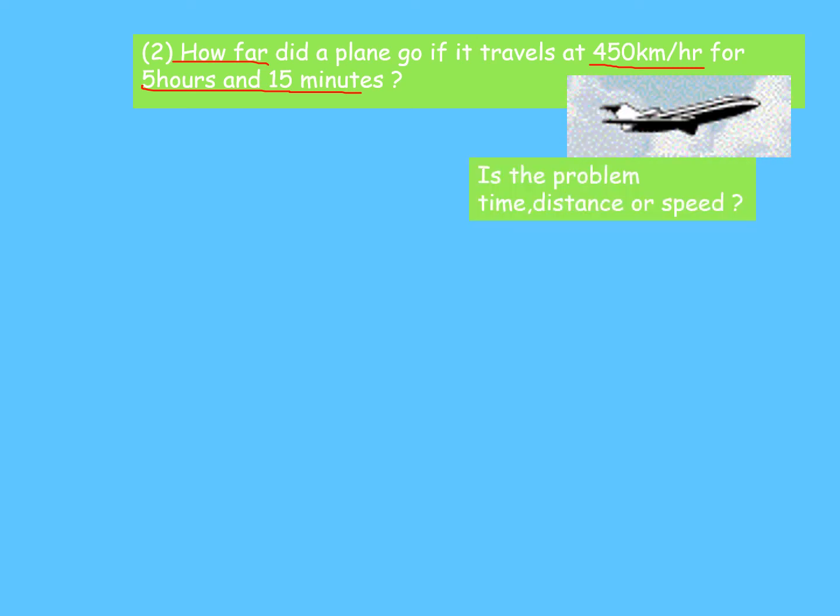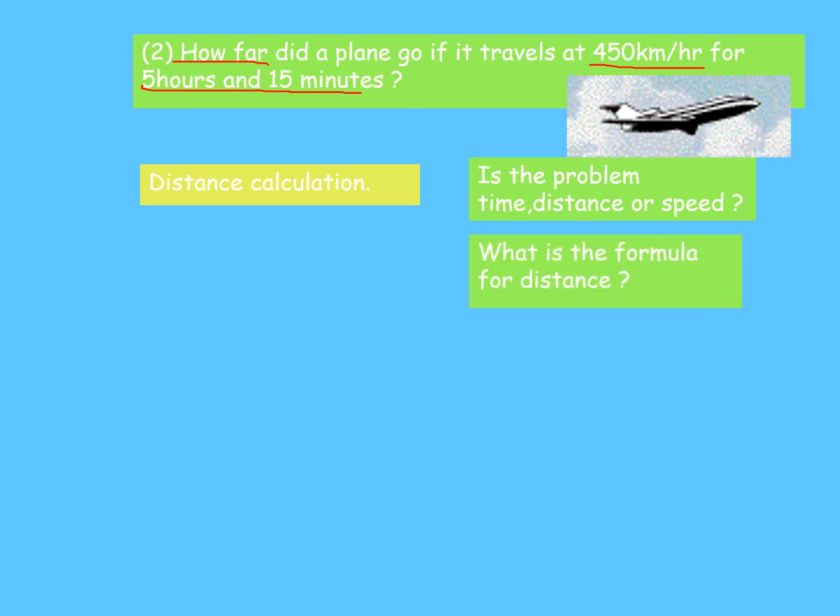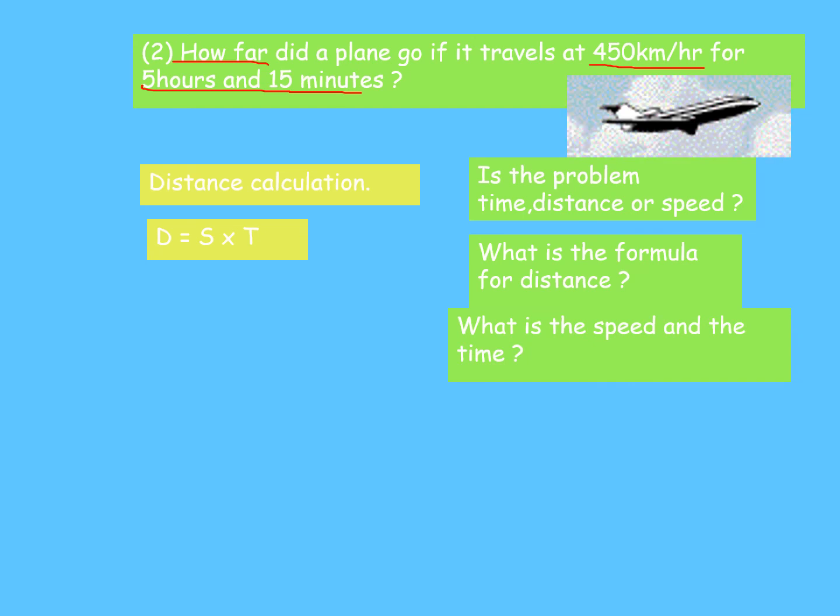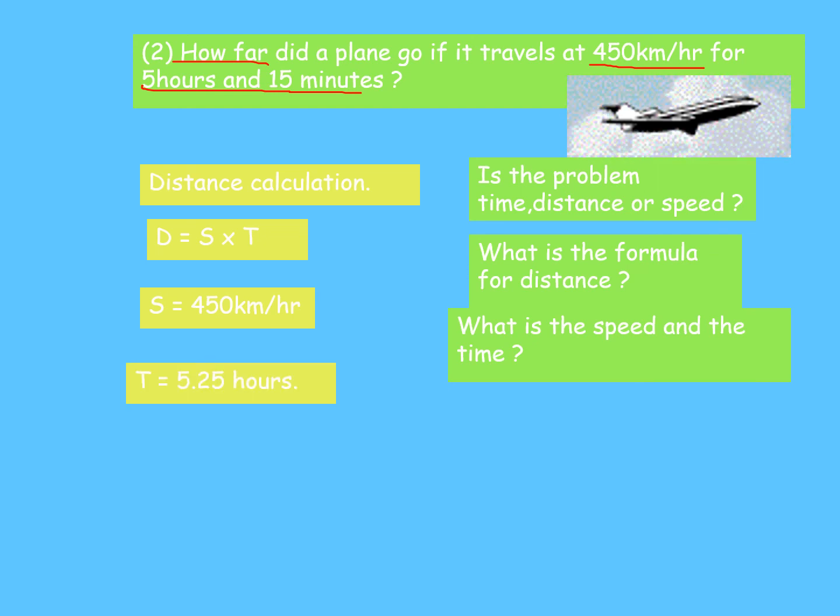So is the problem time, distance, or speed? So the problem here is distance. What is the formula for distance? The formula for distance is equivalent to S times T, or we have speed times time. And what is the speed and the time? So what is our speed? The speed is 450 kilometers per hour and the time is